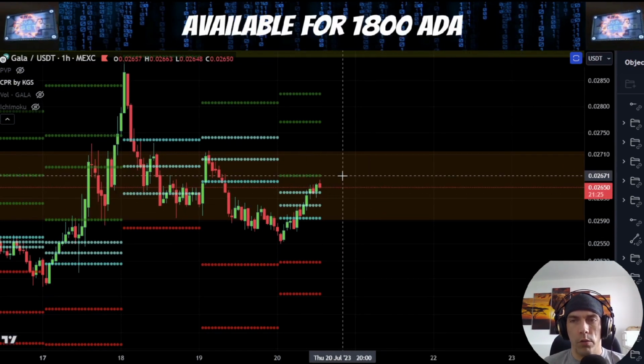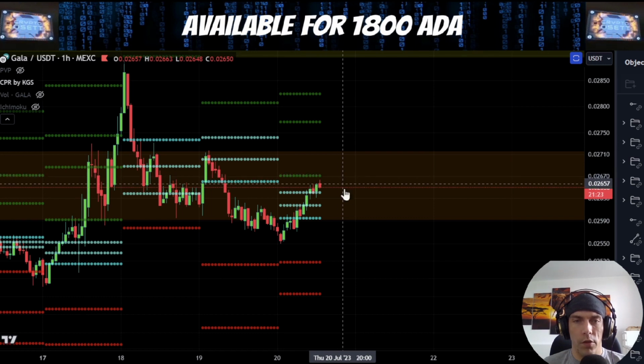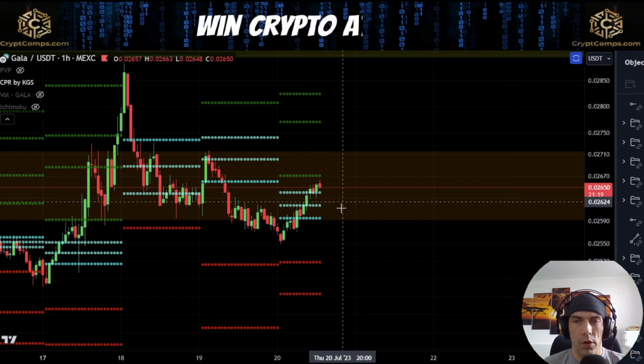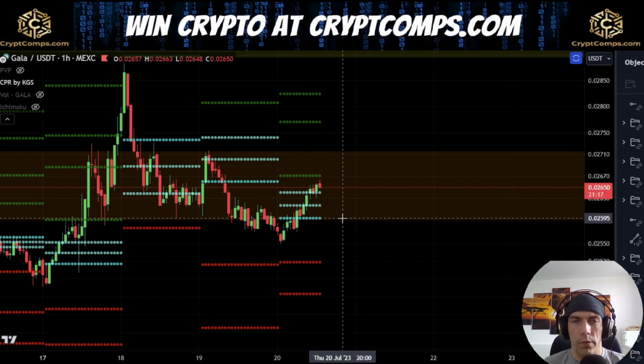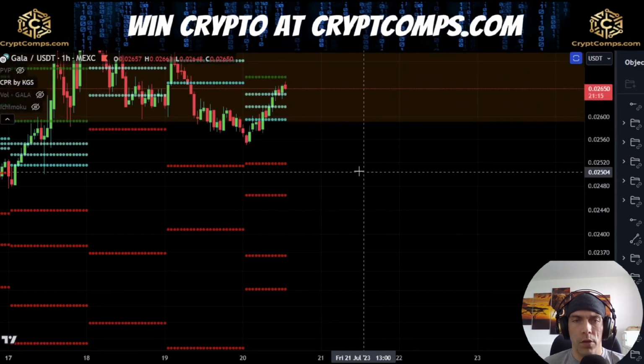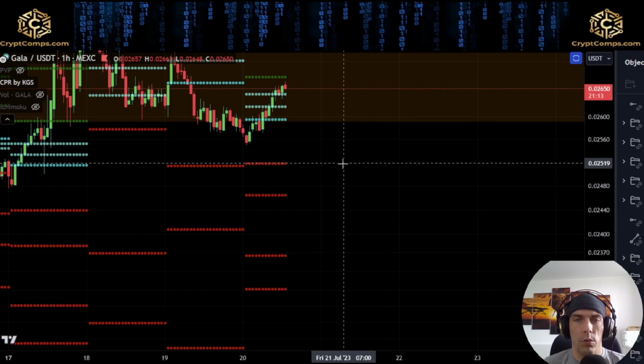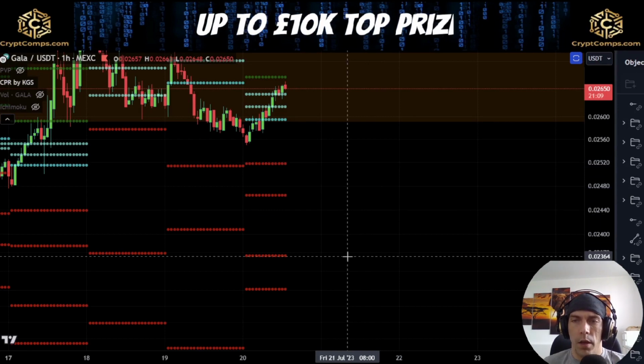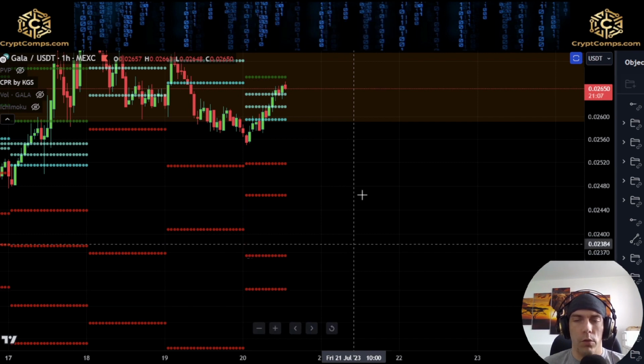If we get rejected off this 26.71, then potentially we could look to actually retest some of these central lines, which are sitting between this 26.41 and this 25.95. If we lose that level, then potentially we could see price get gravitated towards 25.119, 24.65, 23.64, and this 23.12